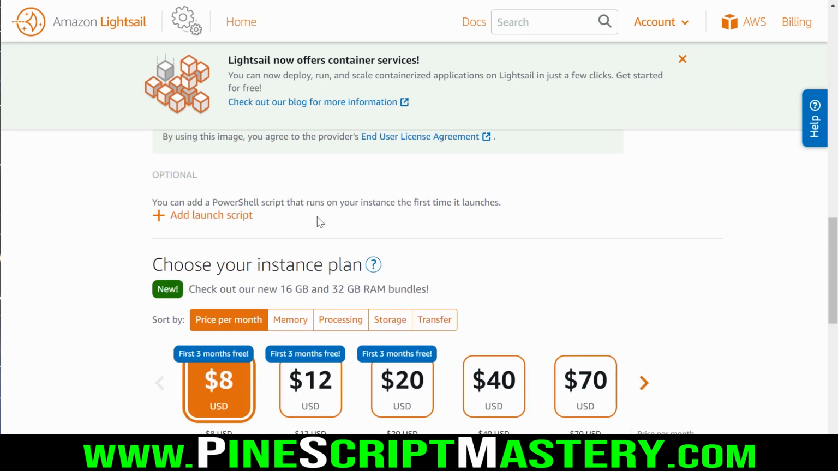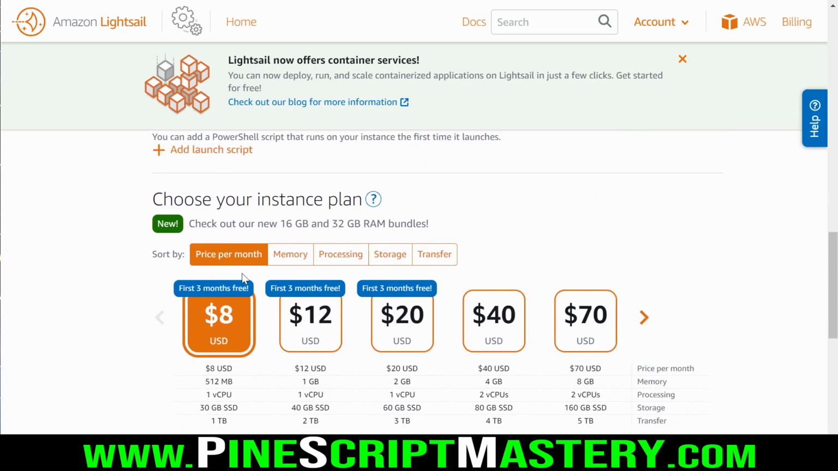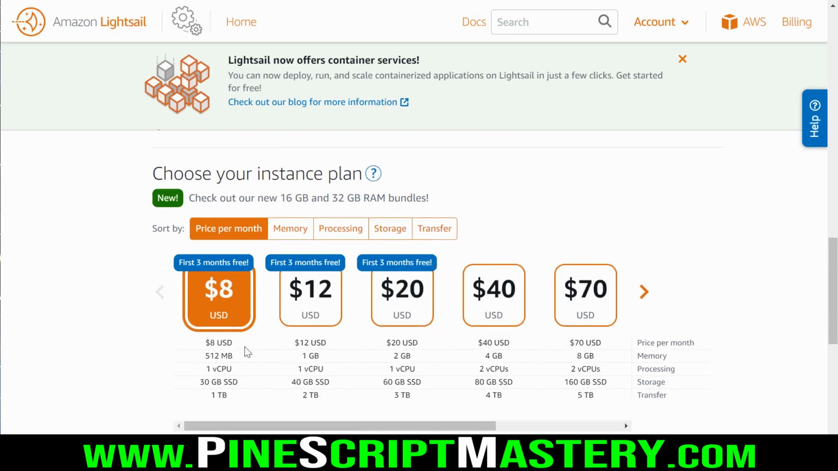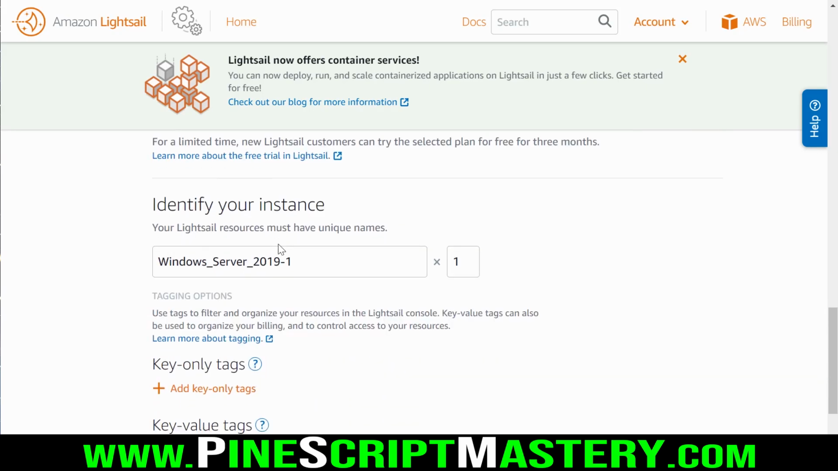Then as we scroll down here, we have add launch script. I'm not going to do that. We don't need to do that today. All we need to do is select our settings here for our instance. I believe we'll be okay just leaving this on the default settings. We don't need a lot of hard drive space. We don't really need a lot of CPU or RAM. And I'm assuming this transfer is our network bandwidth. 1 terabyte will be far more than we'll ever need for what we're doing here with MetaTrader. So I'm going to leave this on the minimum system specs and move on to the final steps here,